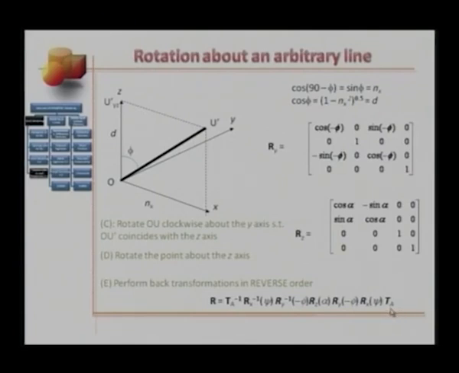First, we perform translation to make a point on the line coincide with the origin. Then we perform rotation about the x-axis by an angle psi, and then we perform rotation about the y-axis by an angle minus phi, which is clockwise. By this time, the line is coincident with the z-axis. We perform the rotation about the z-axis, which is equivalent to performing rotation about the desired line,